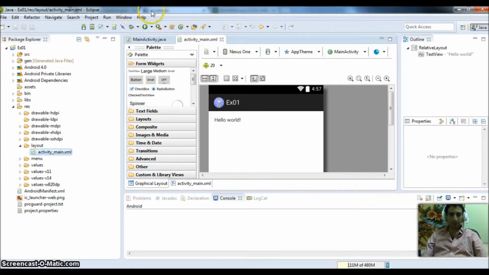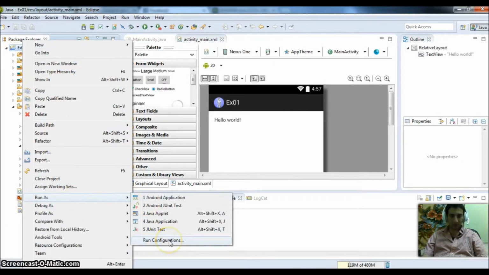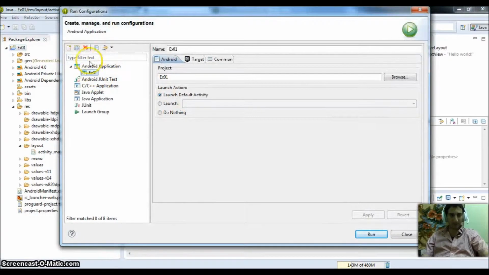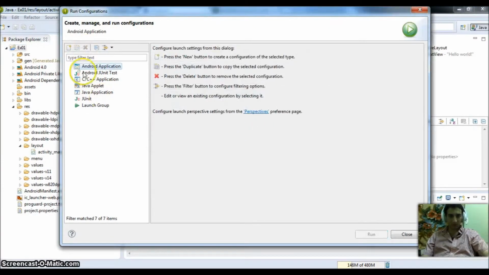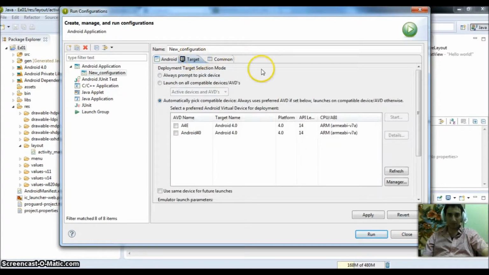So what we're gonna do, you can click here, run configurations, or you can right click here, run as, and run configuration here. Now I'm gonna delete this one, so already have, and open new configuration. Now what's important here is that the project is the same as the name of our project, which is EX01. Then we go to the target, and here you find the emulator, which we already specified in the